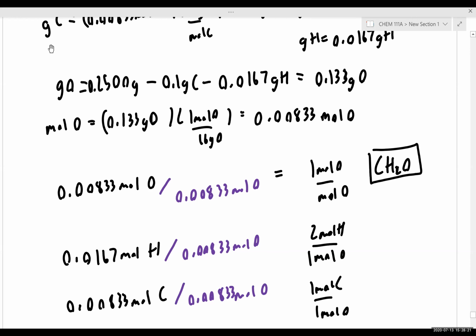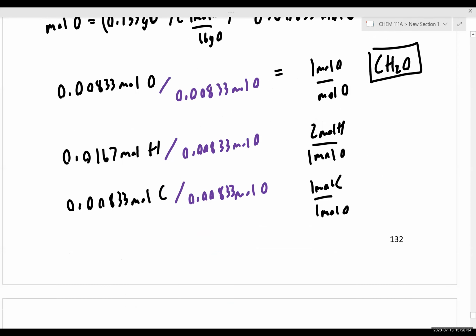Can I get some responses in the chat just to get a sense of how everyone's feeling about these examples? Does it make sense so far? Okay, so